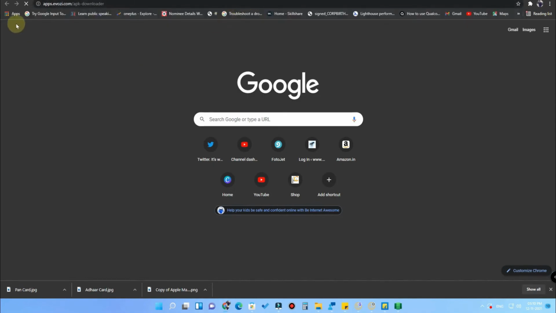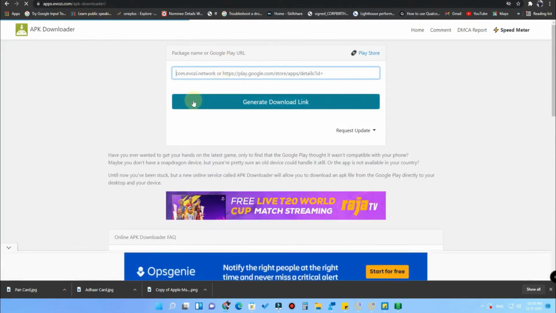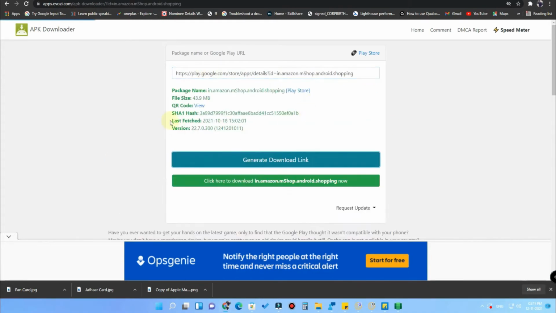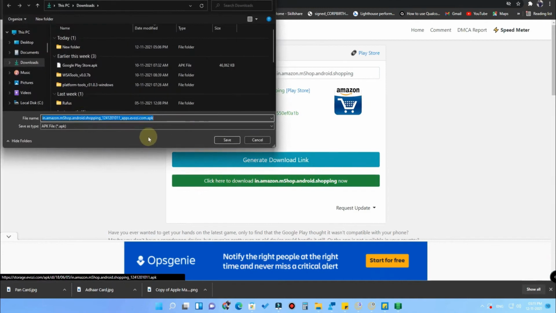This is a web page called apps.evozi.com. Once you go to this page, paste the copied link here and click on generate download link. You'll get the download link. Click on the download option. After that, the APK file will be downloaded to your system. To simplify, I'm changing the file name to Amazon and clicking on save.